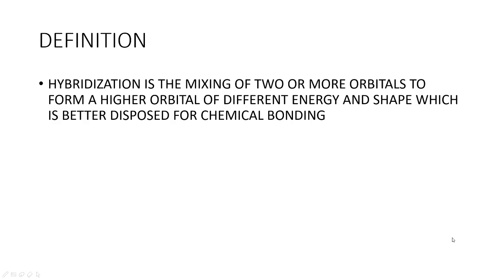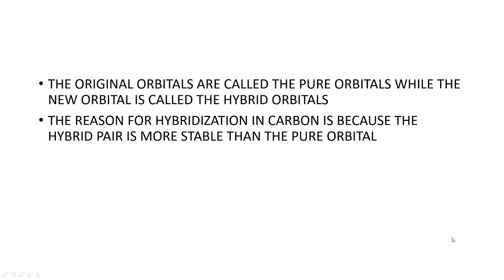Okay, in this video, we're talking on hybridization of carbon. Hybridization is the mixing of two or more orbitals to form a higher orbital of different energy and shape, which is better disposed for chemical bonding. The original orbitals before they are hybridized are called the pure orbitals, while the new orbital is called the